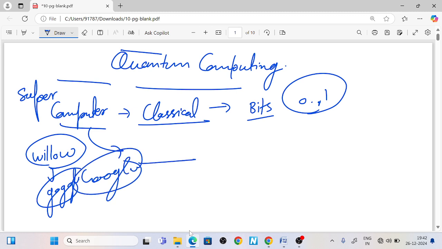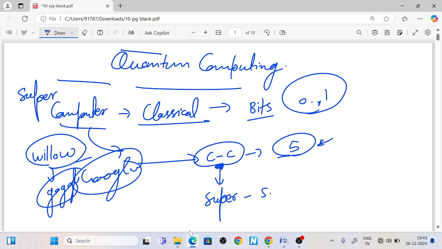And what is the speciality of this Willow quantum computer developed by Google? It can solve complex problems within 5 minutes or less. And if you give the same complex problem, which was solved by the Google Willow quantum computer in 5 minutes, to a